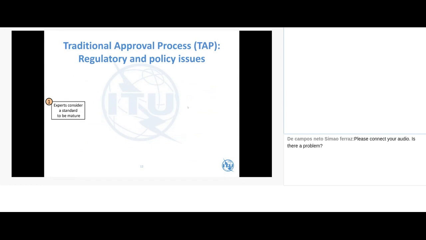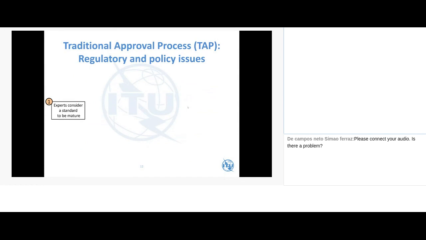We're just going to look at the level of the concepts, and hopefully what you'll see is when you look into Resolution 1, Section 9, you'll see that these steps are embodied in a lot of detail, but it really is no more complicated than this. Stage 1 is that the experts themselves consider the standard to be mature. So this normally means